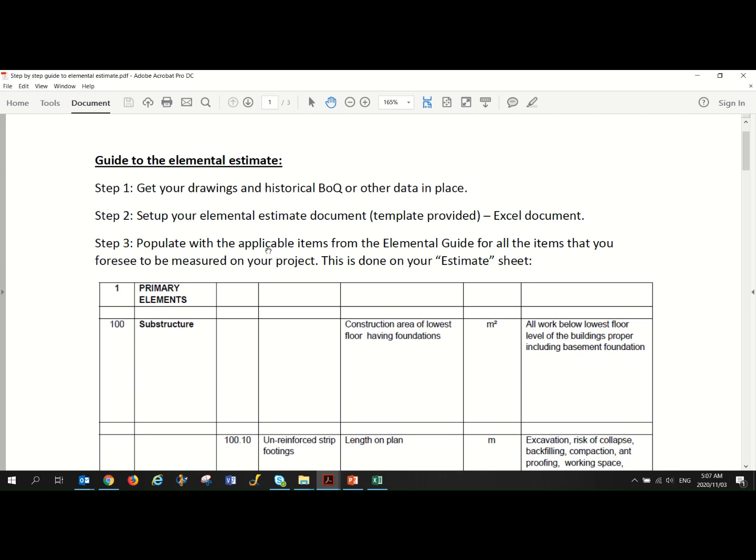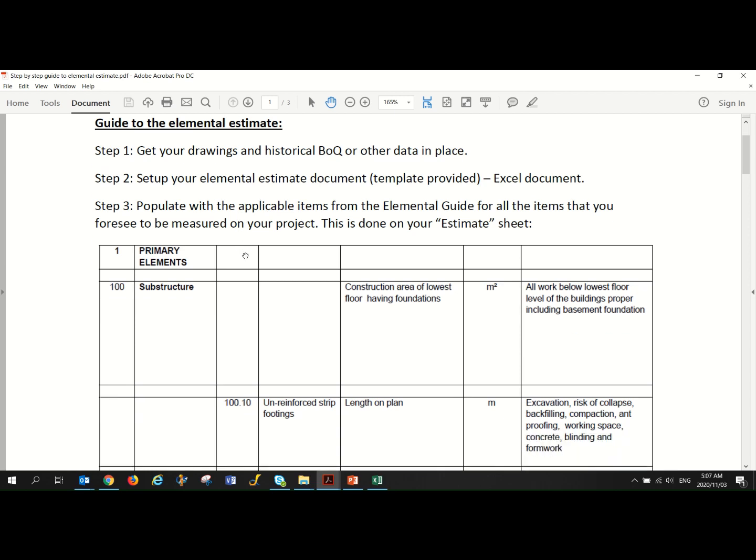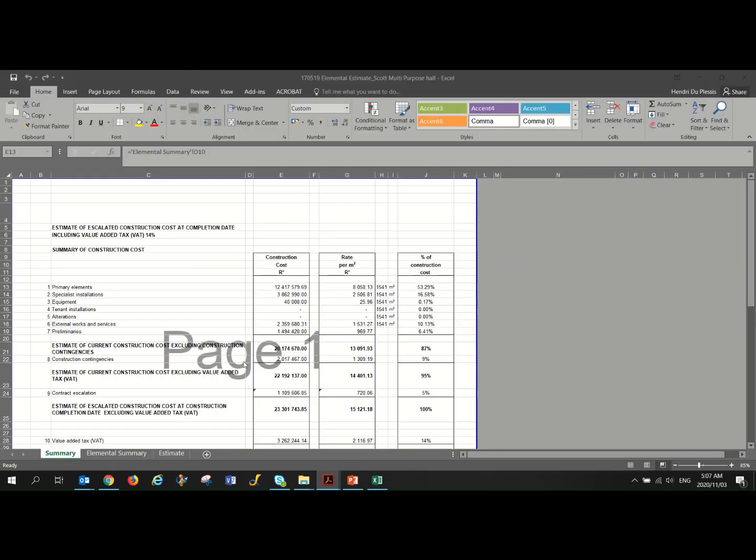So you can go through these steps and see if it makes sense to you, but the main thing I want you to focus on is to get this template, the blank template that I've shared with you, in place. If that's in place, then everything will fall in place. And also I don't want you to spend too much time making or doing the measurements, or, like I said, the rate build-ups, spending too much time in getting it exactly right. Like I said previously, it's more important that you get the